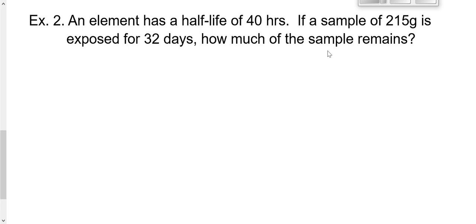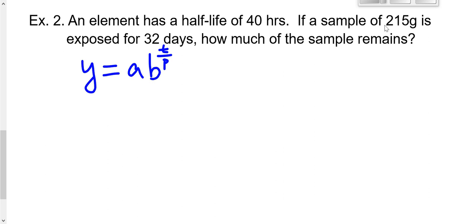Alright, so now, if you look at this, let's set up a question. Of course, as you would expect, I would start off by writing out the equation first: A times B raised to the power of T over P. Now, the question is asking how much of the sample remains. So that means after a certain time, how much would be remaining. So we are looking for Y, because we know how much we have initially at the beginning,